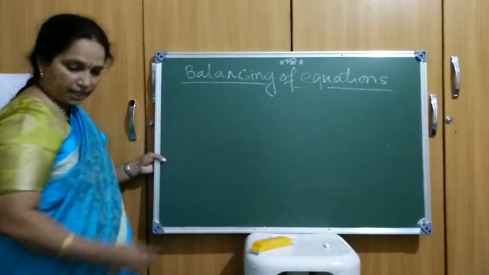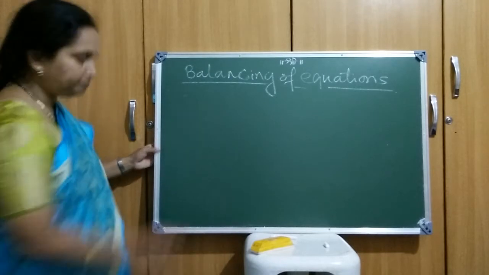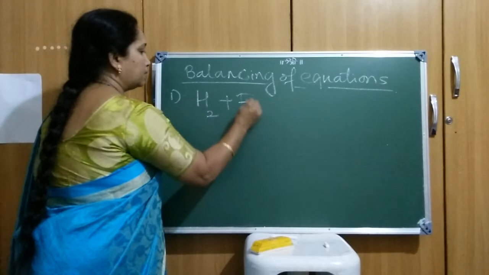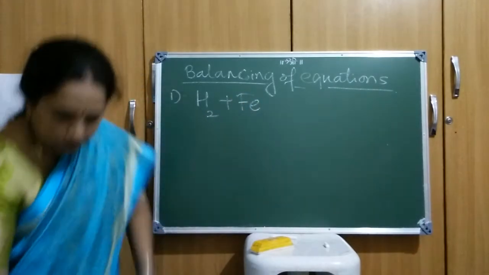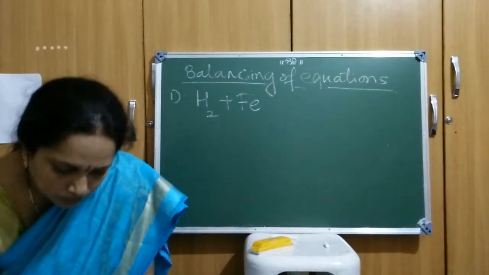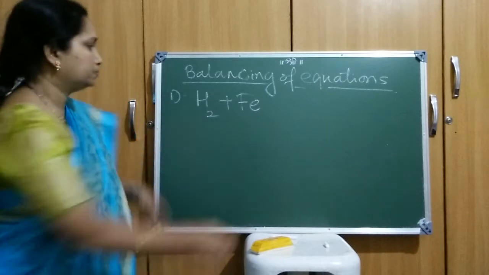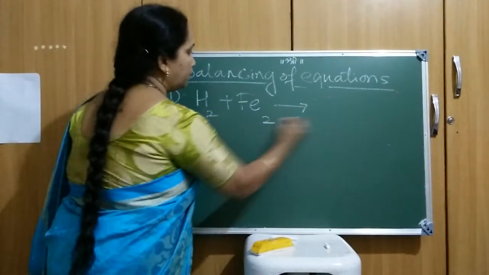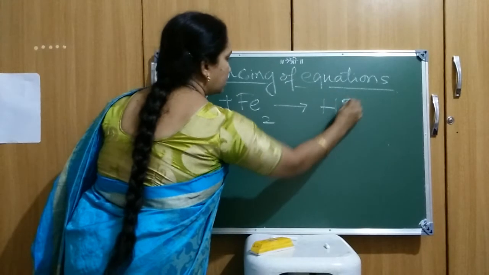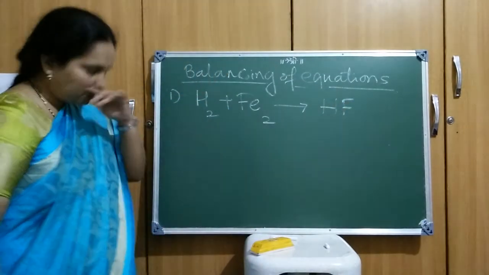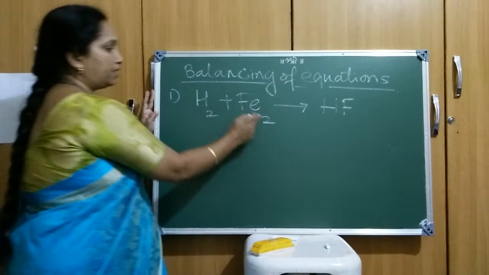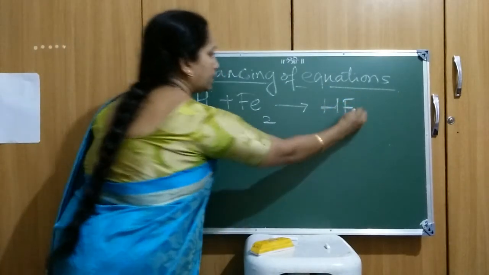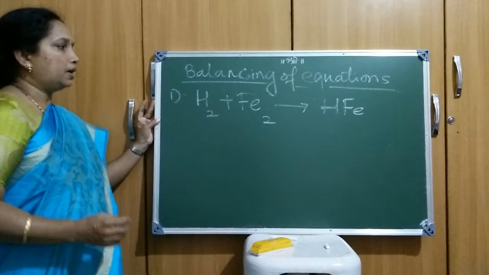the simple equations, like the first one, where hydrogen reacts with iron. So it is a diatomic molecule. You are going to see that it is going to form hydrogen peroxide, right? So hydrogen is diatomic, iron also diatomic. So the compound which is formed over there is a hydrogen ion, right?